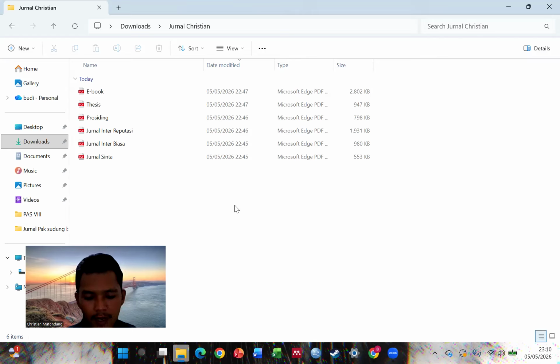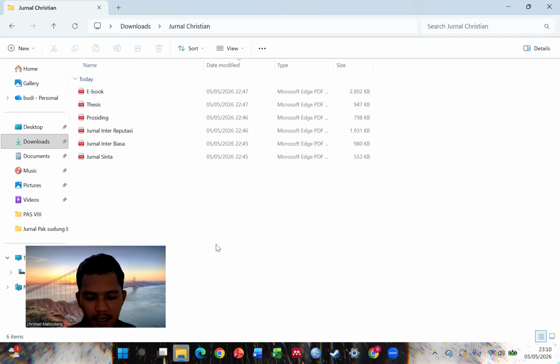Next, I will demonstrate how to add files to Mendeley. It could be automatic, but we'll do it one by one to ensure the accuracy of the data. I'm going to show you the standard way to add journal references using the Add Files menu. This method is highly recommended so we can select our file more precisely.